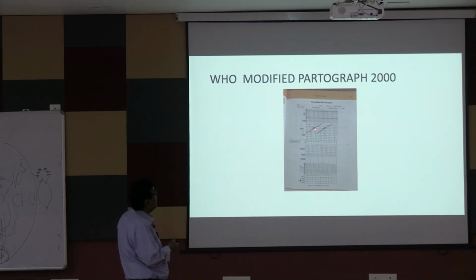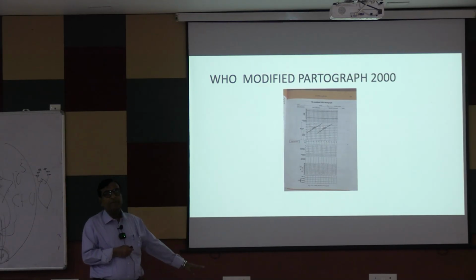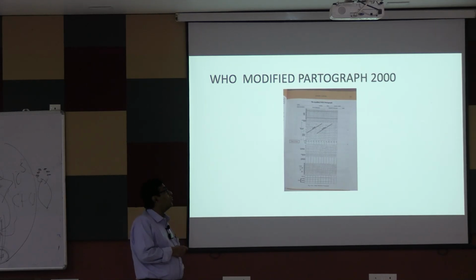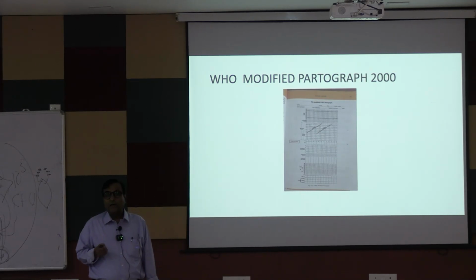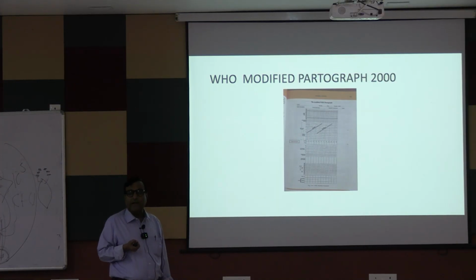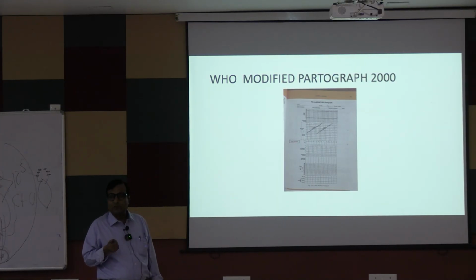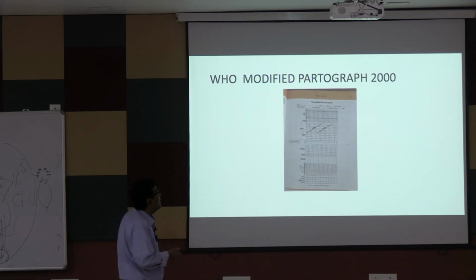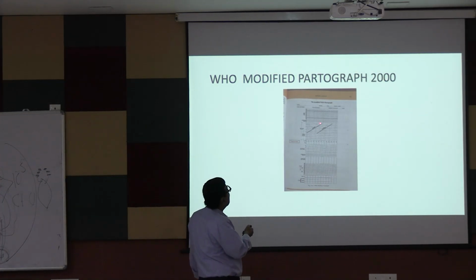If it finishes in this yellow zone, that is okay. But if it touches the action line, something is definitely wrong and you have to take some action according to the position of the labor. If the cervix is fully dilated, we can go for instrumental delivery, and if that is not possible, go for cesarean section. So you see, between the alert line and action line, there is a gap of 4 hours.